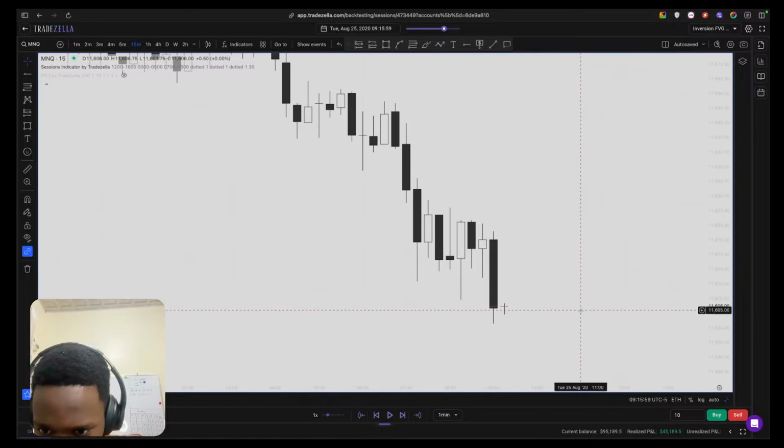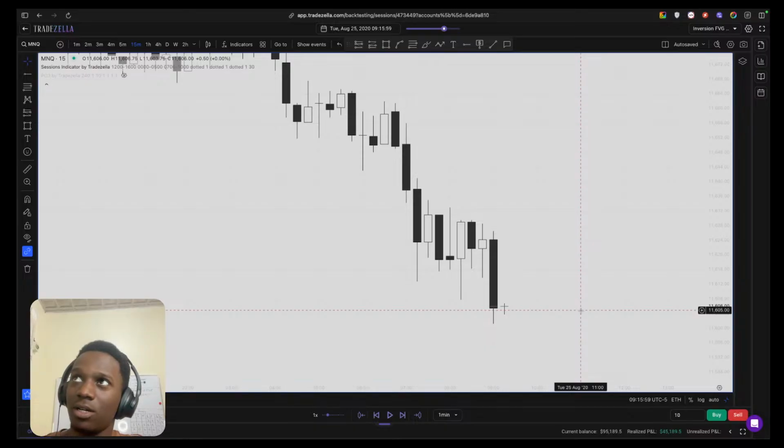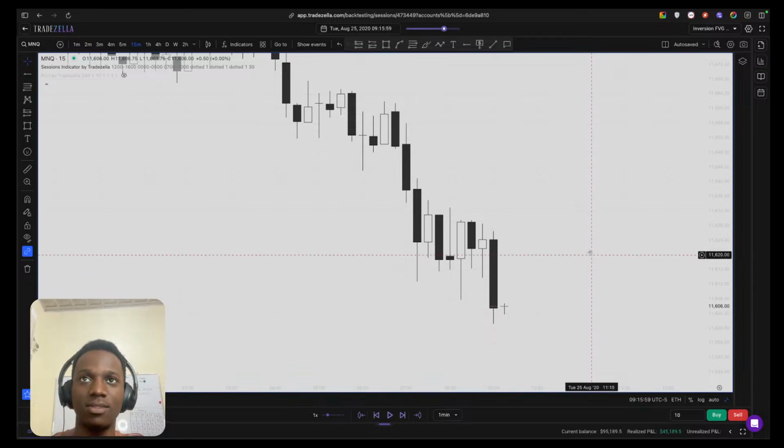I couldn't get a backtesting platform for index for free. How can I get one? Is there any that gives free data? I'm a beginner. Well, you can try FX Replay. I used it as I was studying as well. You can check it out at fxreplay.com, and instead of using the NQ and ES futures, you can use NAS 100 and SPX 500 as CFDs. I think you can use it like that if it's okay with you.